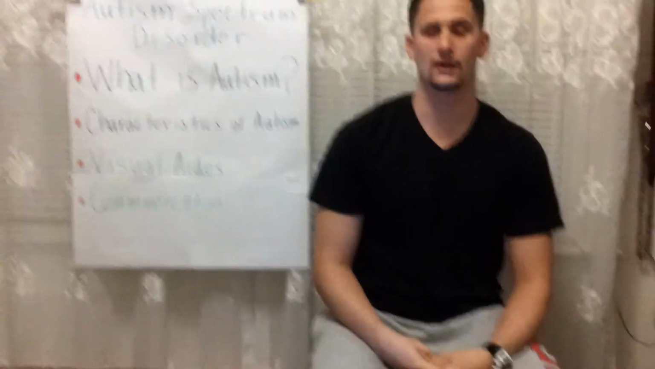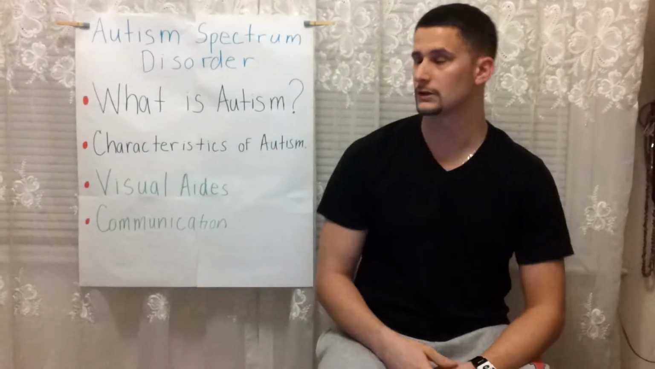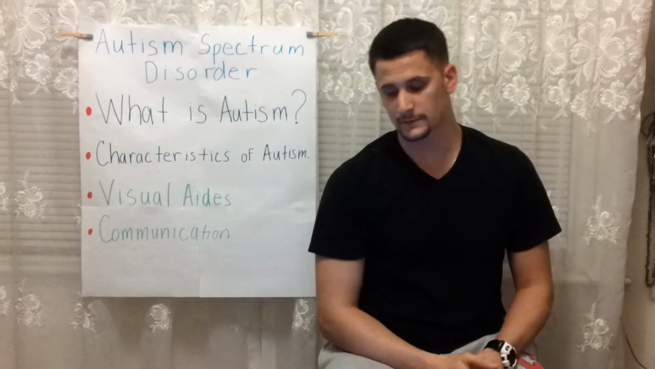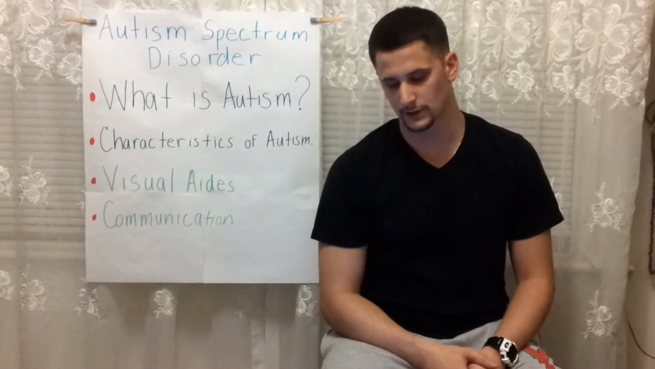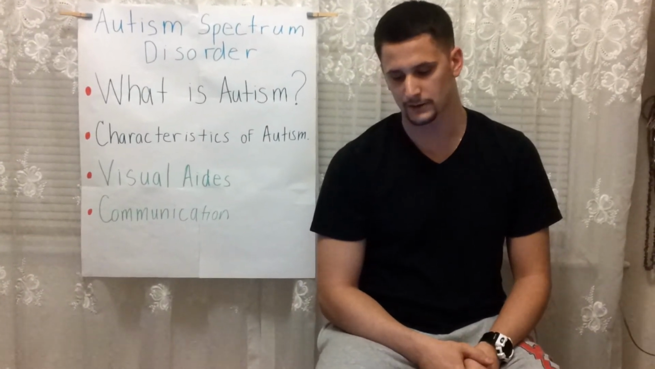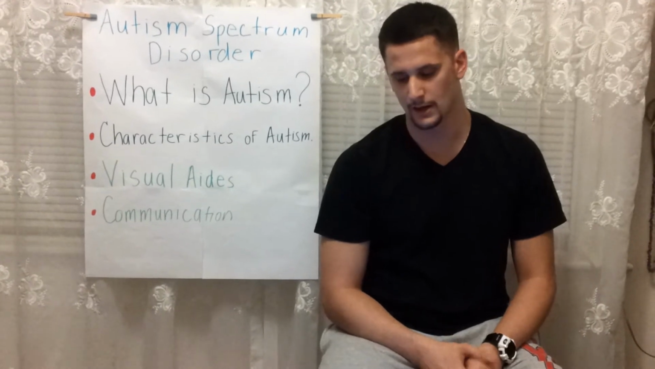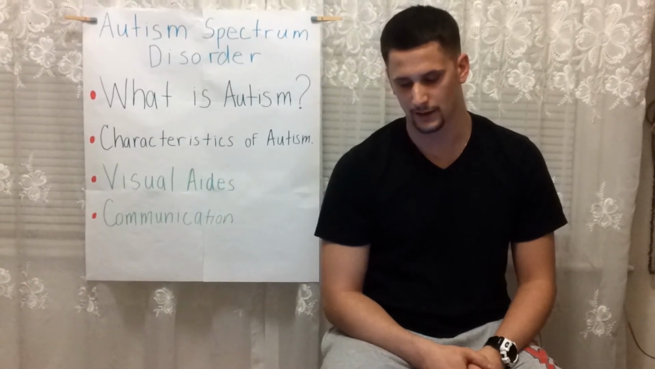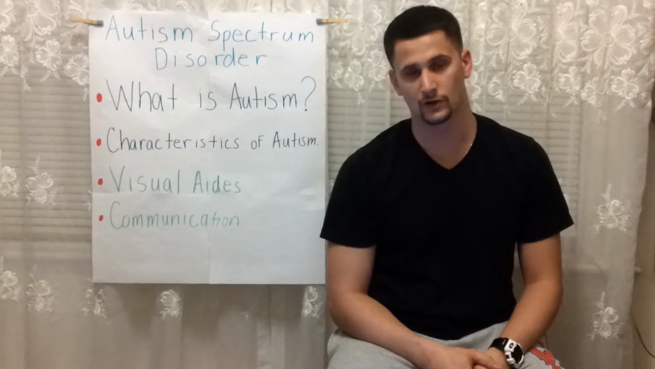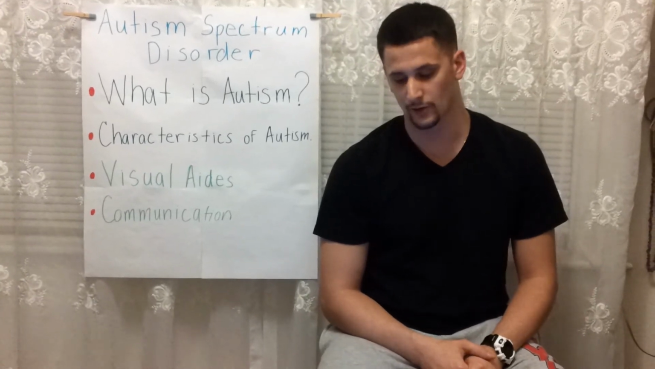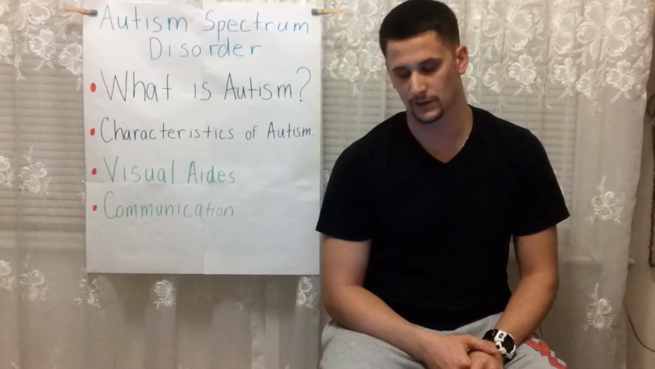My name is Daniel Largana, and today I will be talking to you about autism spectrum disorder. Autism spectrum disorder and autism are both general terms for a group of complex disorders of brain development. These disorders are characterized in varying degrees by difficulty in social interaction, verbal and nonverbal communication, as well as repetitive